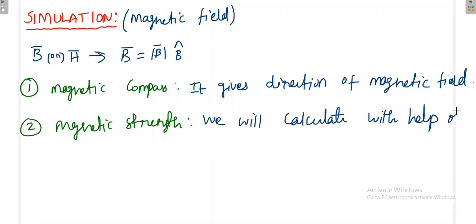But it is not always recommended to use the mobile phone. If you have a dedicated device, then you should use that. You have to purchase it in the market. But we'll use a mobile phone, though it is not recommended, because sometimes if the magnetic field strength is very high, it will damage the sensors of the mobile phone.